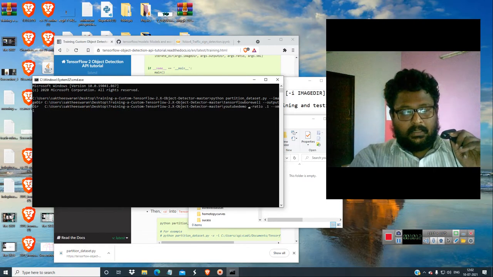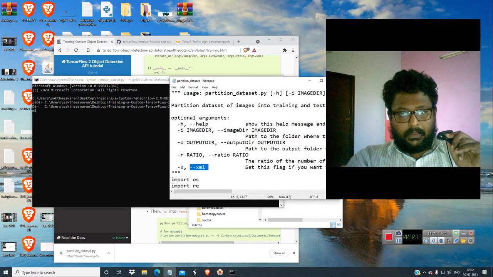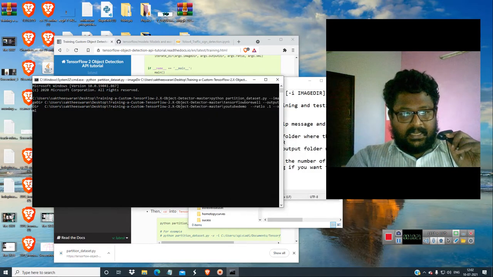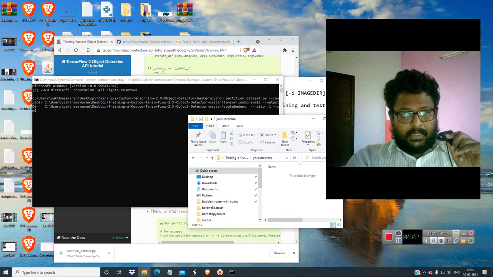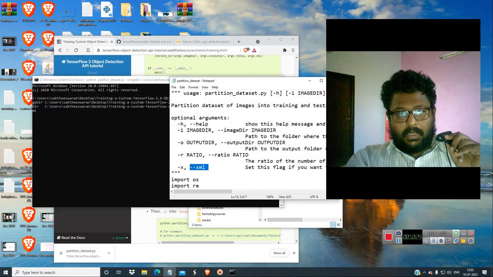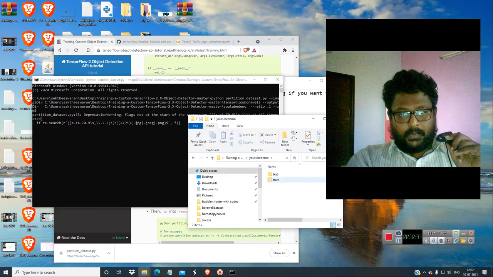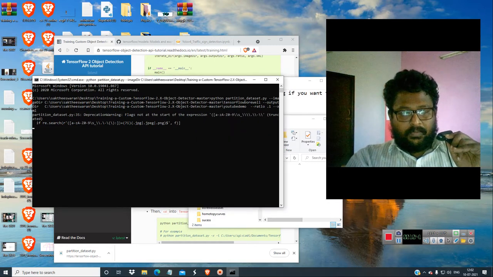Okay, that's it. We have given the XML and everything. Go to the end, and what you have to do is click enter. As you can see, after clicking enter, I hope a folder will be created here. Okay, so let's see what all are the... there seems to be file flags exceptions. Even though there seems to be some kind of warning messages, let's see. Okay, a deprecation warning is just given, so no problem.